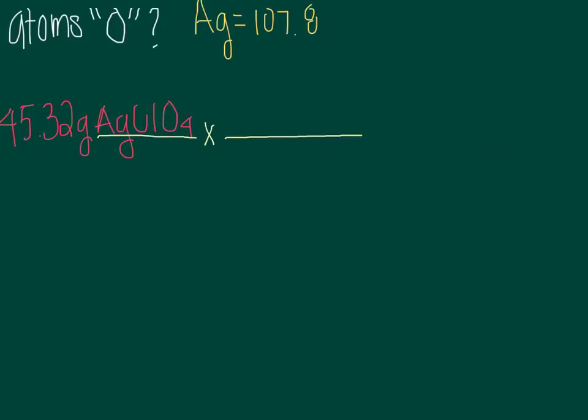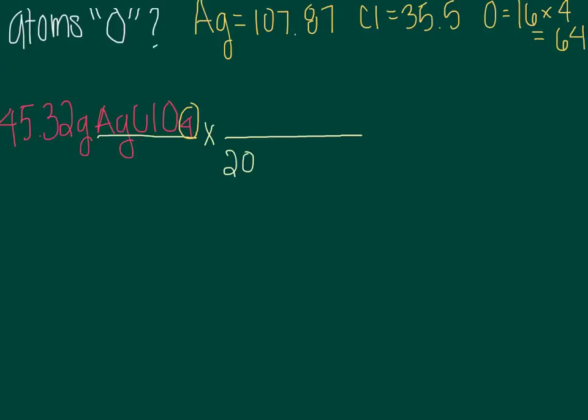107.87, and then chlorine is 35.5, and then oxygen has a mass of 16, but since there are 4 oxygens, you're going to multiply the 16 by 4 and get 64. You can find all these masses on the periodic table, and once you have added all of those masses, you would get 207.37 grams of